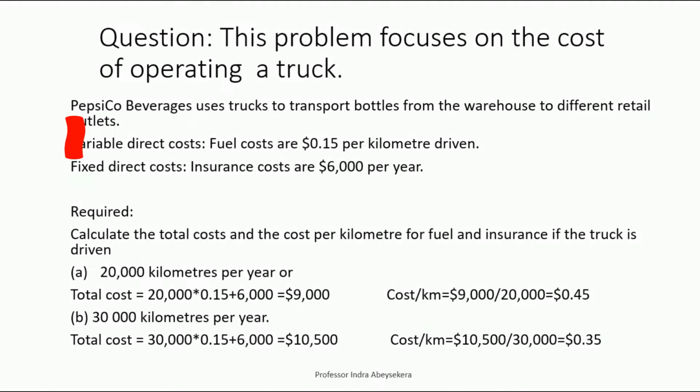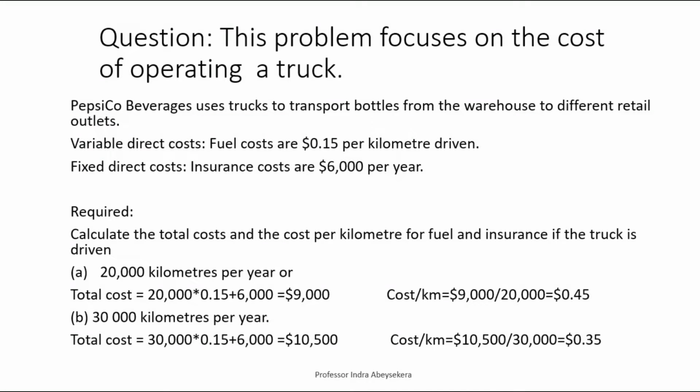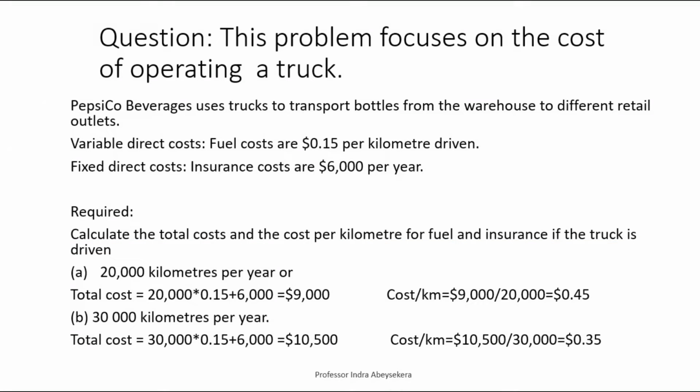When we calculate the cost per kilometer for fuel, it is for 20,000 kilometers. The cost of fuel is 20,000 into 15 cents plus the fixed cost of 6,000 insurance, 9,000 total, and the cost per